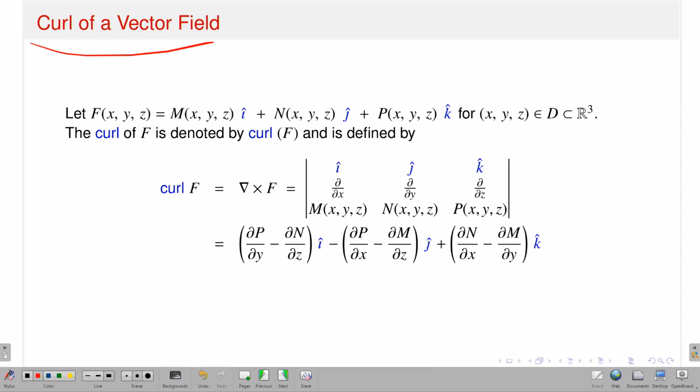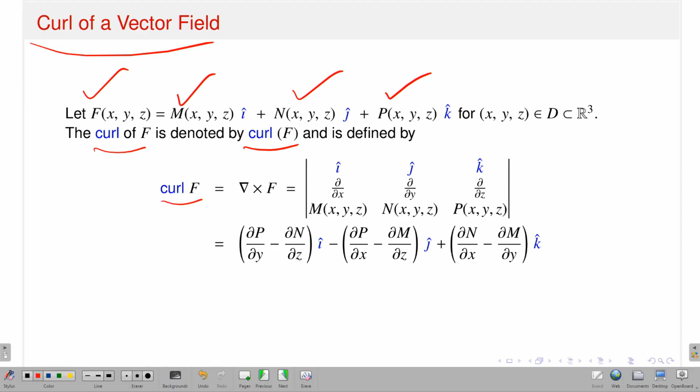So, I have written curl of a vector field. What is that? You start with a vector field, again I am in 3 dimensions. Suppose you have a vector field capital F from some domain D subset of R3 to R3. So, suppose capital F at the point x comma y comma z has 3 components, capital M, capital N, and capital P. So, this is first, this is second, and this is third. Okay. Then the curl of my vector field capital F, which I denote as curl of F, is defined as